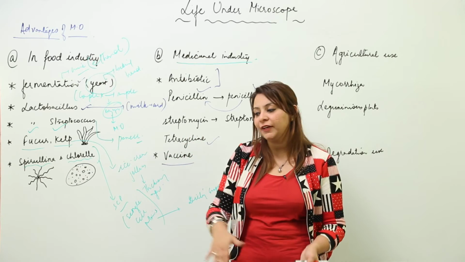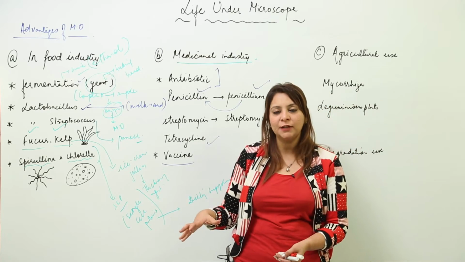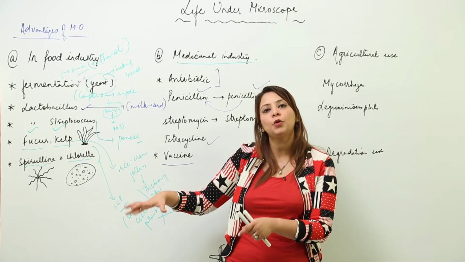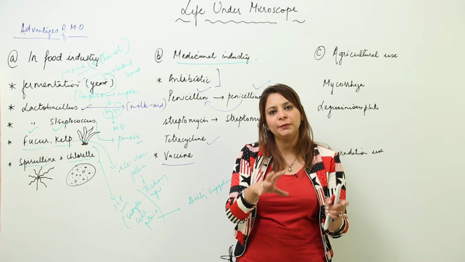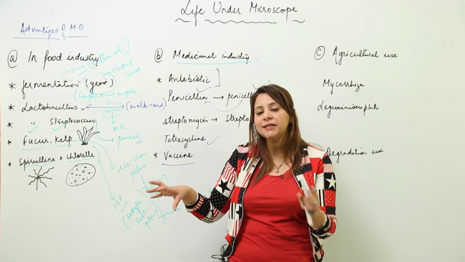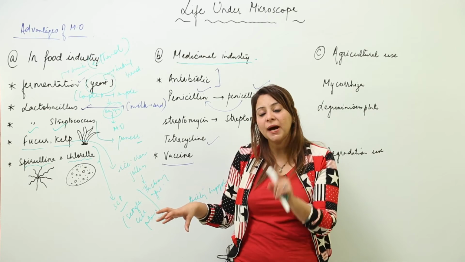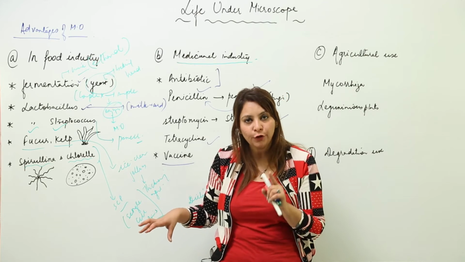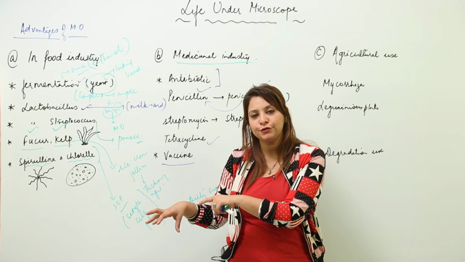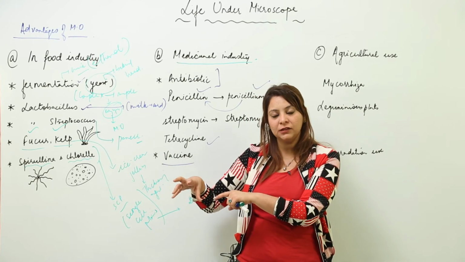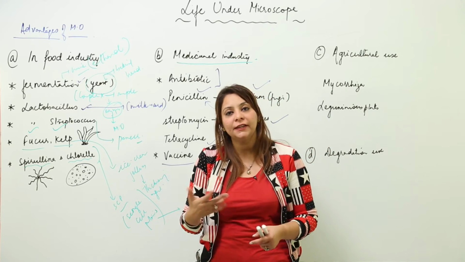So what happens when a newly born baby is there? He has a low immunity. That means he does not have sufficient antibodies in his body. So what we do is introduce a dead or weakened microorganism in the body. That dead or weakened microorganism which we are injecting is not going to harm the body, but it is regarded as a foreign particle, right? So when that foreign substance is introduced, the body regards it as a foreign particle and tries to protect itself. How? By synthesizing the antibodies.